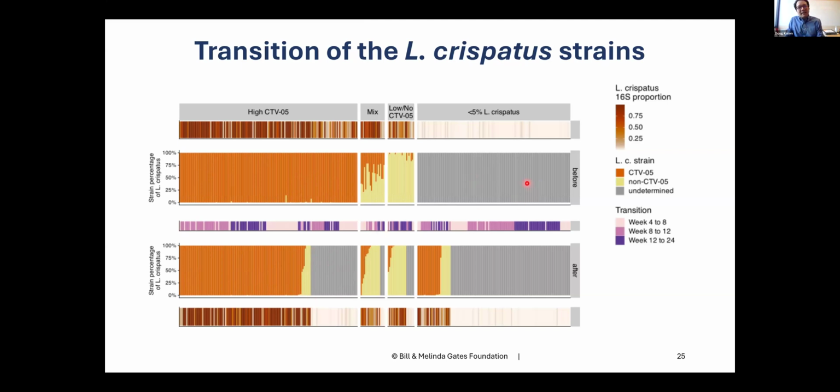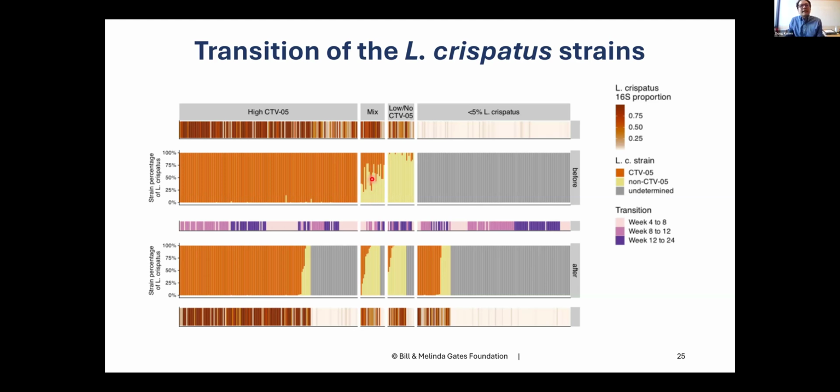Those women who didn't have Lactobacillus crispatus mostly continued to not have Lactobacillus crispatus, although some did acquire it, and some acquired CTV-05 and some acquired a non-CTV-05 strain. What's interesting is that there were a handful of women who actually had mixtures of CTV-05 and non-CTV-05 Lactobacillus crispatus